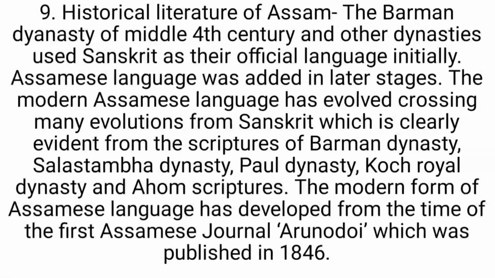The Burman dynasty of the middle 4th century and other dynasties used Sanskrit as their official language initially. The Assamese language was added at a later stage. The modern Assamese language has evolved through many stages from Sanskrit, which is clearly evident from the inscriptions of the Burman dynasty, Salastambha dynasty, Pala dynasty, Koch royal dynasty, and Ahom scripture. The modern form of the Assamese language has developed from the time of the first Assamese journal Orunodoi, which was published